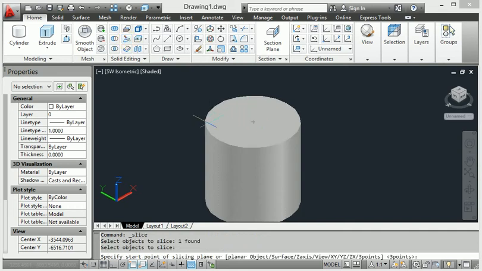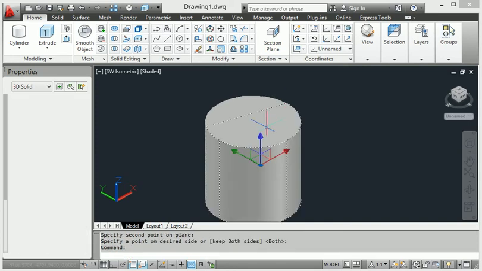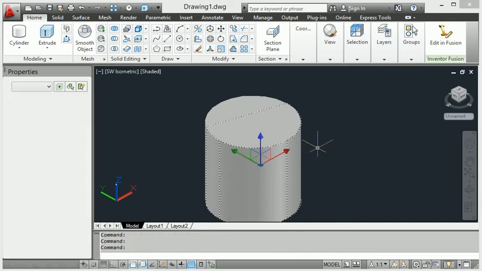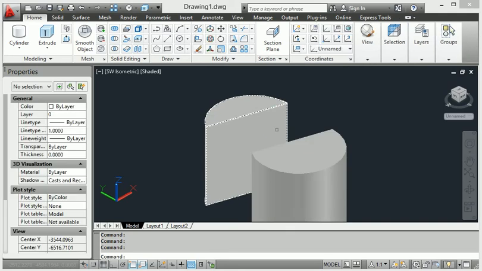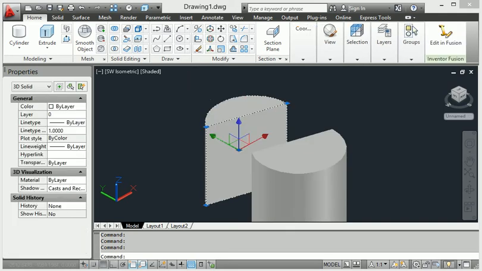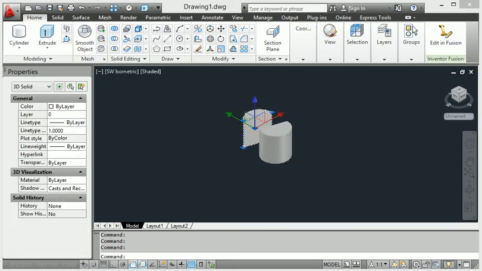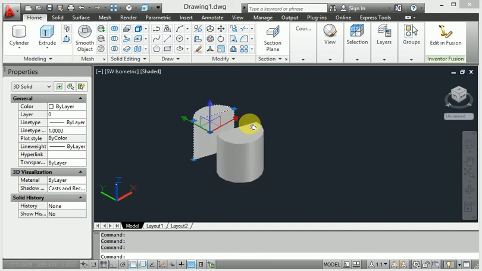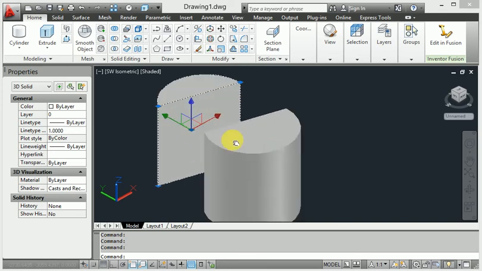When I click any particular point, and this one is also a point, anywhere I select, enter. Look at this body here, and this body here. That means it is very easy to slice any body, any component.